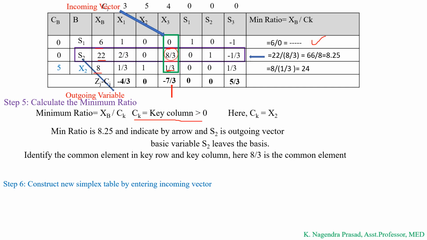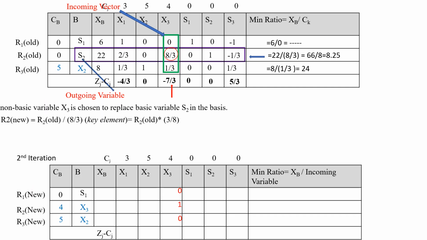So next step is we have to construct the new simplex table by entering the incoming vector. Now we construct the new simplex table by entering the x3 variable in the basis in the place of the x2, and enter its cost coefficient value, which is 4, in the CB column. So now we apply the following row operations to get 0, 1, 0 in the x3 column of the